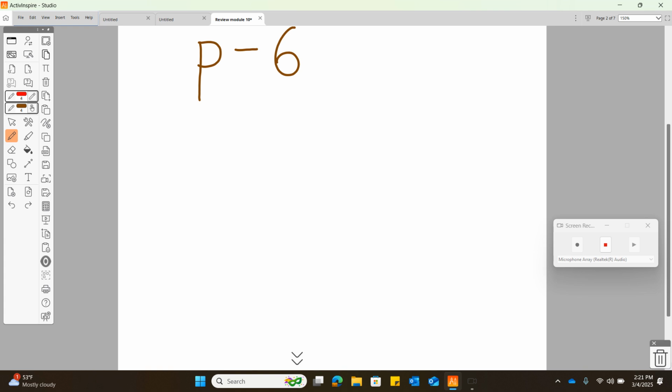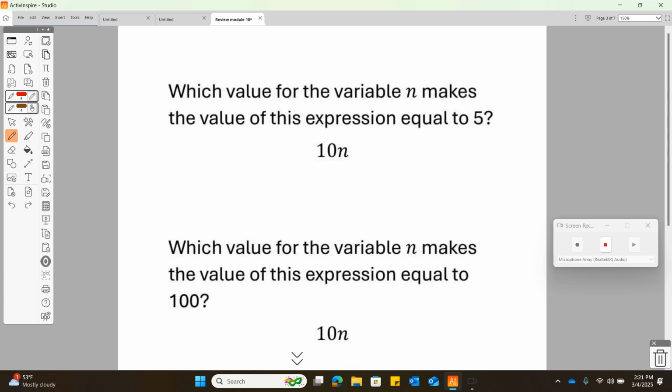Next one. Which value for the variable n makes the value of this expression equal to 5? So 10n, and I want it to equal 5. Most kids will think over here and they'll say, I could do 10 minus 5 equals 5. Or I could do 10 divided by 2 equals 5. So what I want you to get is that